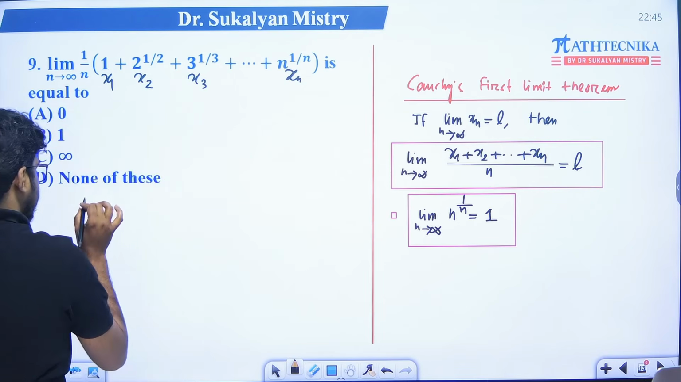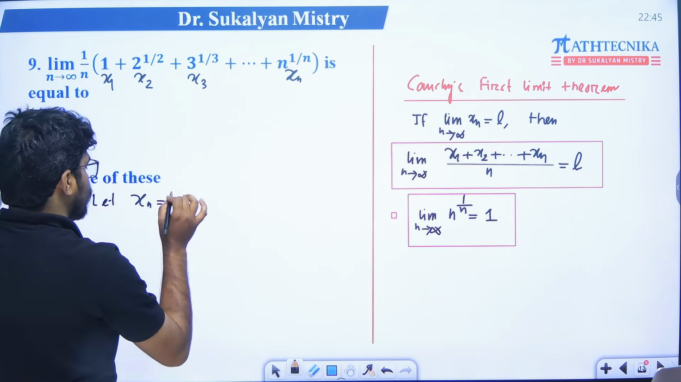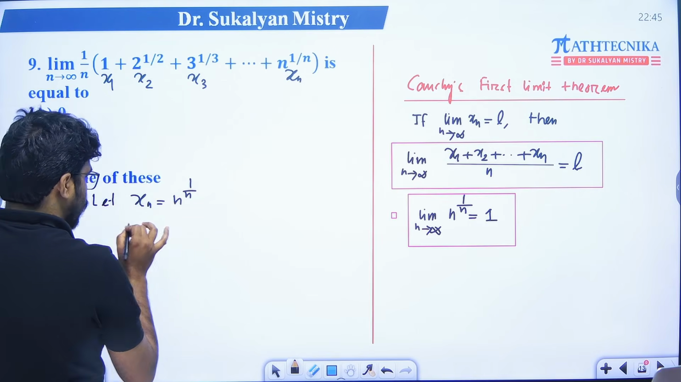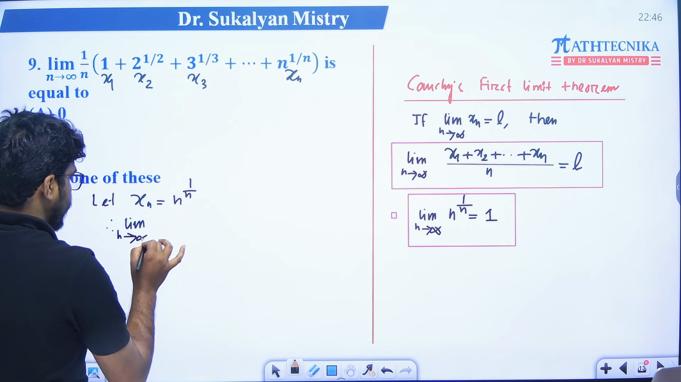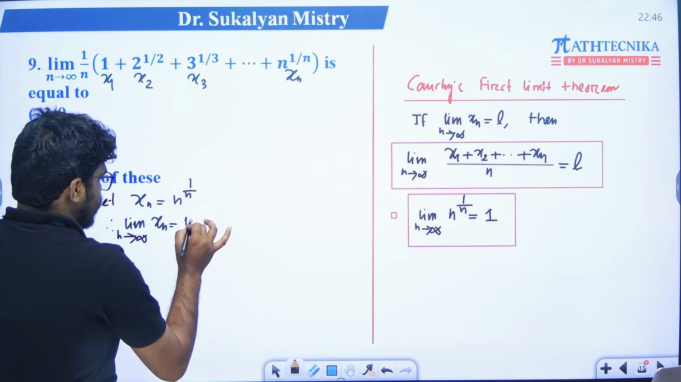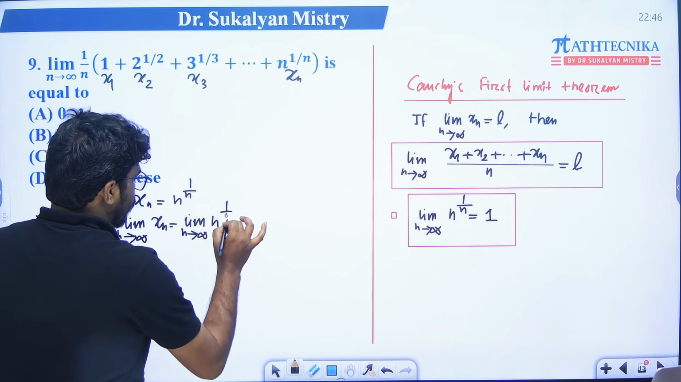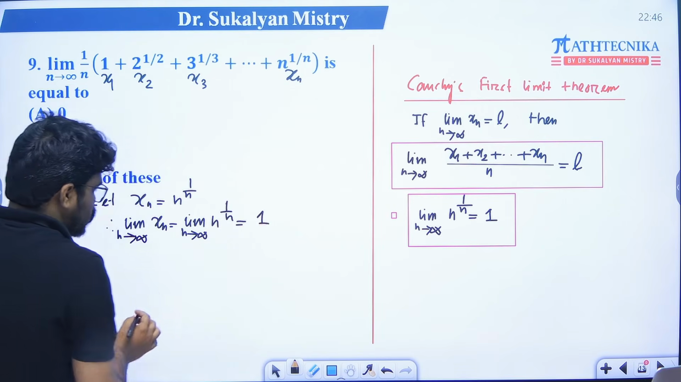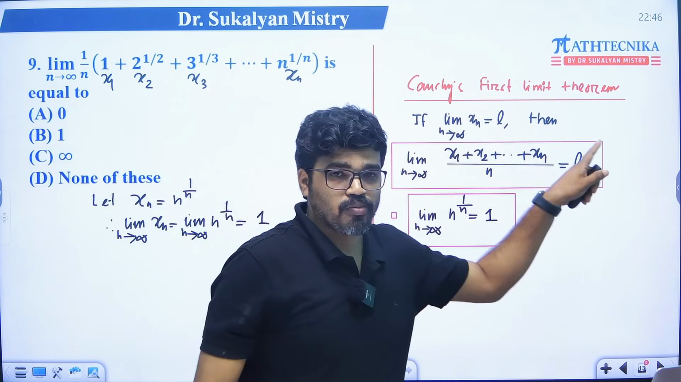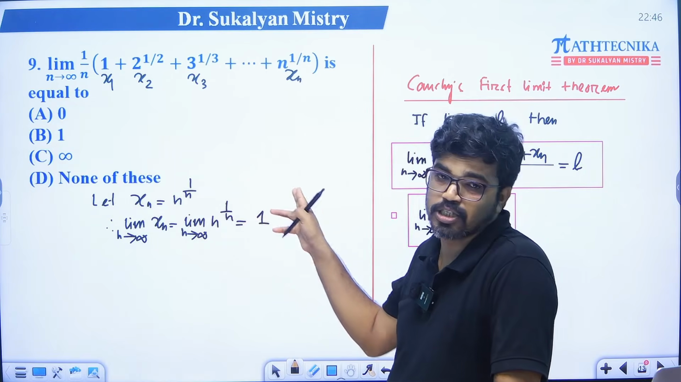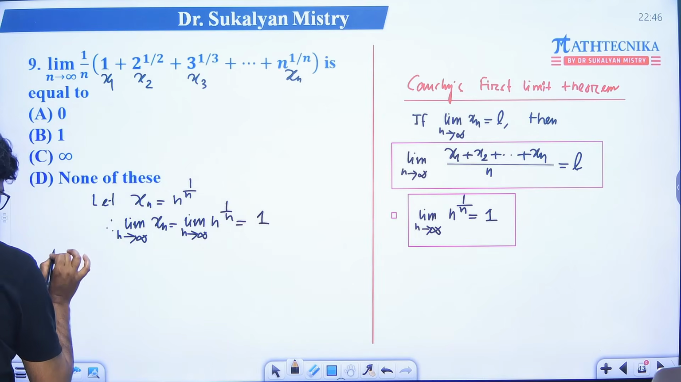Here, suppose xn is equal to n to the power 1 by n. So what is the limit? Therefore, limit n tending to infinity xn is limit n tending to infinity n to the power 1 by n, so this is equal to 1. So the sequence xn converges to 1. Xn converges to L. So here the sequence xn converges to 1. Okay, so by Cauchy's first limit theorem,